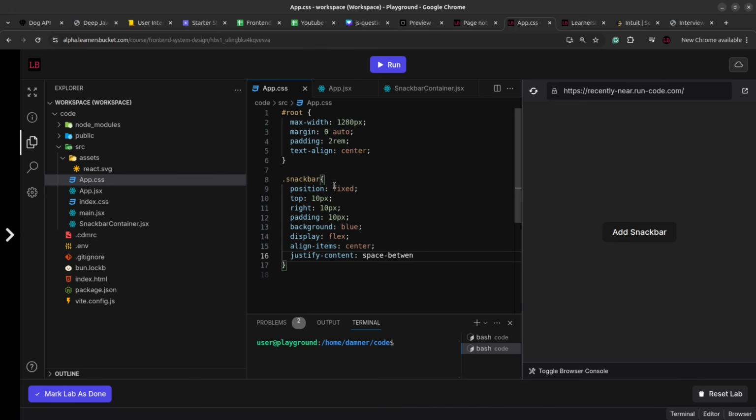So the message and the cross button will be pole apart, left to right,